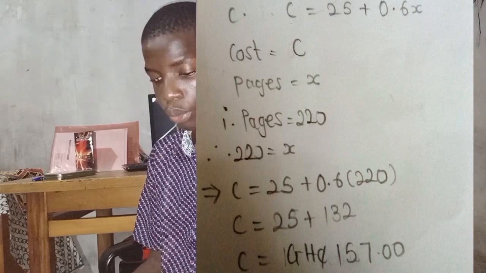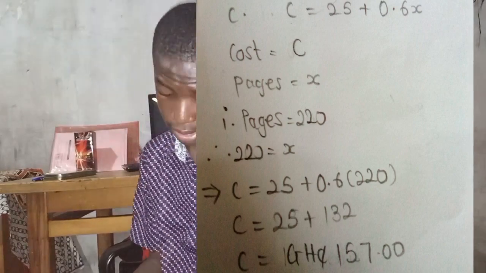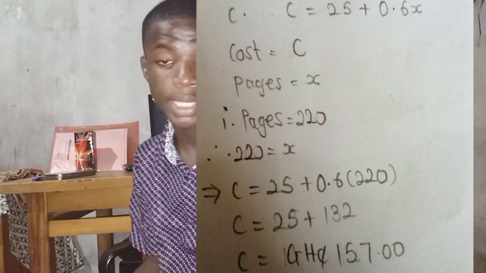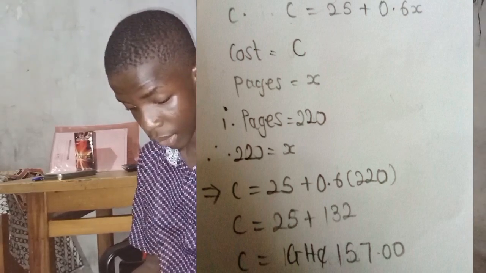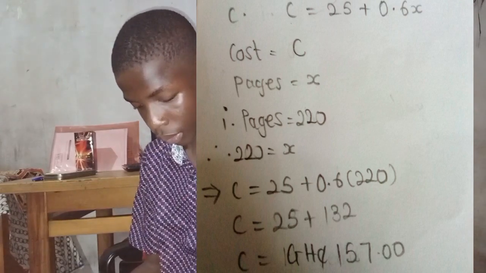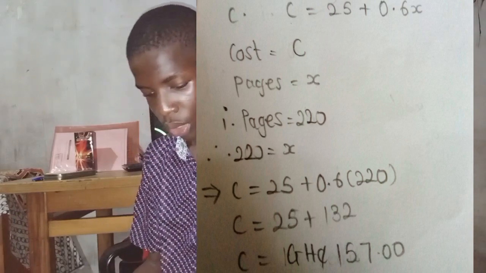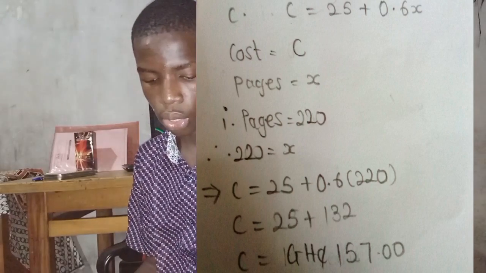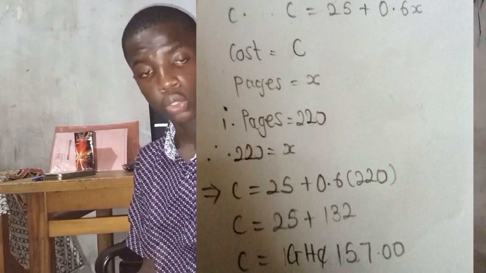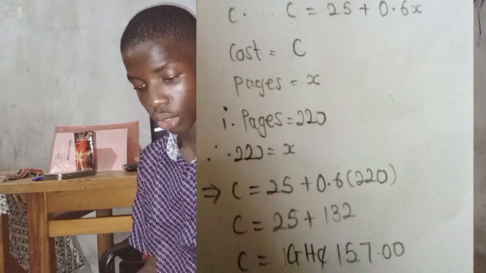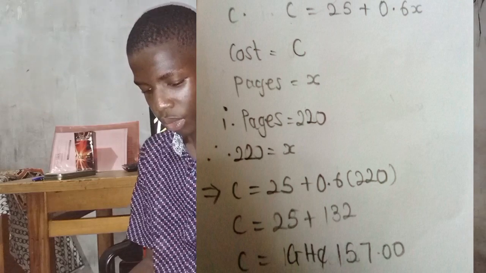So the rule we have over there is C is equal to 25 plus 0.6x. So the cost is C and the pages is x. In (i), the pages is equal to 200 pages. We are supposed to look for the cost. So therefore our x is equal to 200. So we have C is equal to 25 plus 0.6 times 200. 200, not 220. C is equal to 25